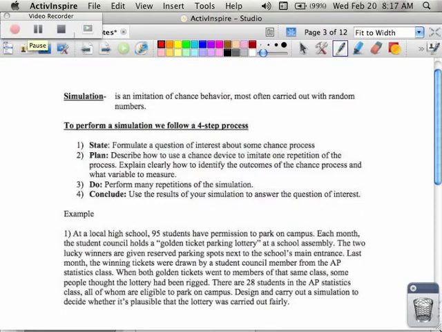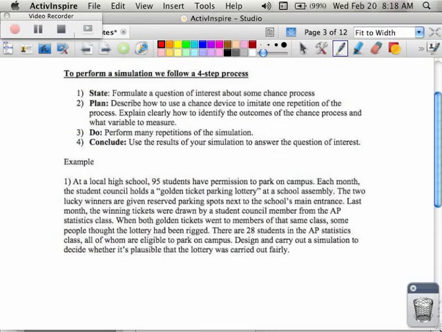Like in chapter 4, when we were doing our experimental design, we drew a diagram, then we wrote some stuff out. This is where things get a little bit wordy, and you have to explain things in detail. Okay, so it's really important that when you're talking about experiments or simulations like we are right now, that you provide detail. So a simulation is an imitation of some kind of chance. And it's carried out with random numbers, either from our table or calculator. You do it other ways, but those are the two most common in our course.